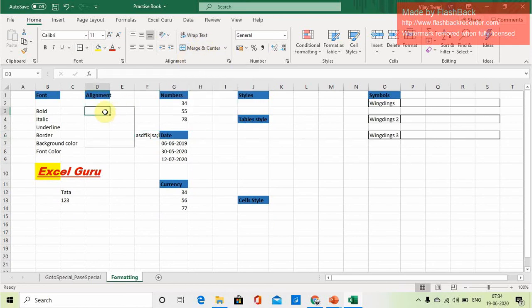And this is merge and center. If you want to merge a range of cells and keep it as one cell, you can click here and it will be merged. See, the entire range has been merged into one cell. And if you write anything, suppose I'm writing